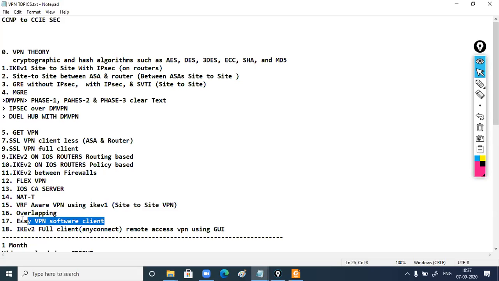I have mentioned it here just for knowledge purposes, just to help you see why the new type of remote access VPN has been introduced and what was lacking in the previous remote access VPN. Just to make the difference, I have given this topic here. And after that,